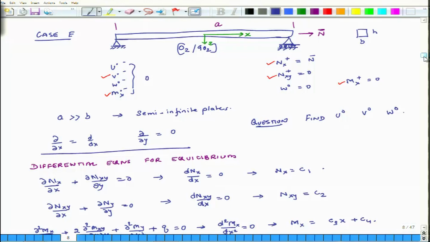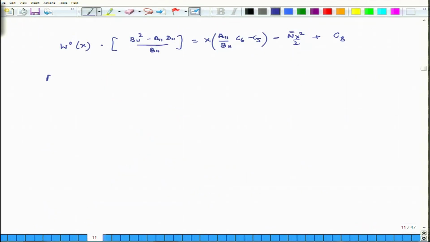The boundary conditions for this plate, the ones checked in red, we have already applied. We will now apply two boundary conditions on W naught, and see what the relation for W naught comes out as. So, apply BC,